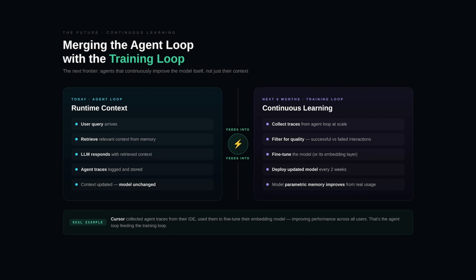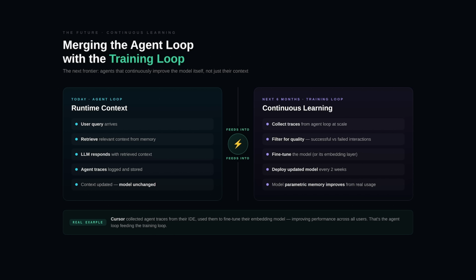I'll give you where I see things are going. We spoke about agent memory. We spoke about memory engineering. Where things are going is we're going to go into a world where continuous learning is the norm, where you're no longer thinking, how do I get the right context?